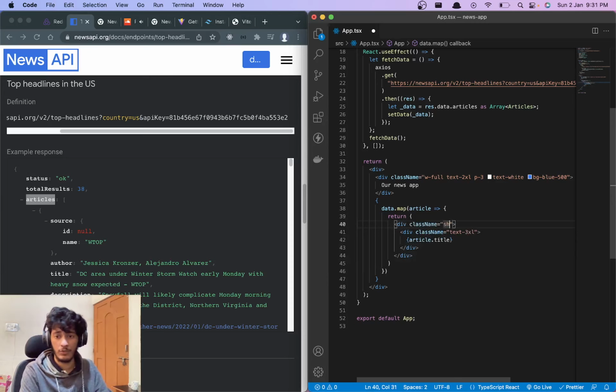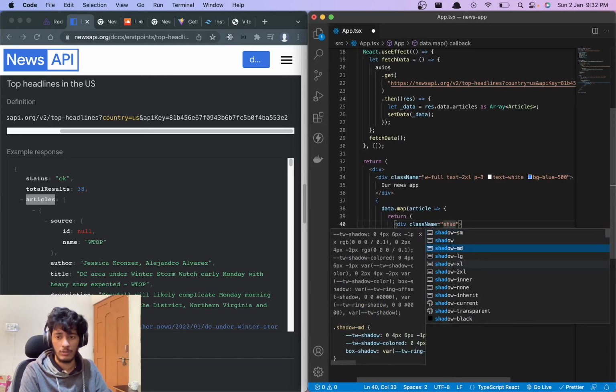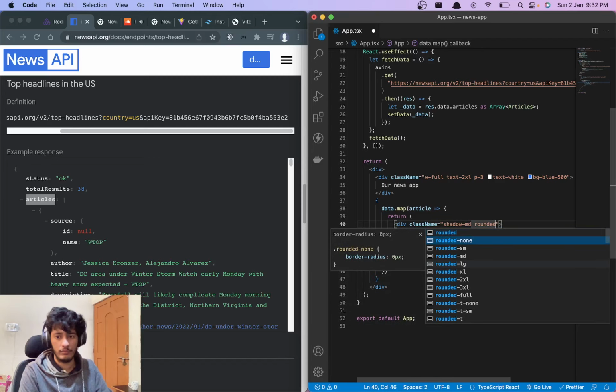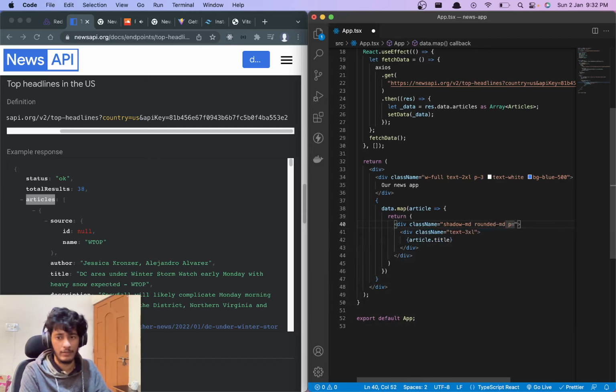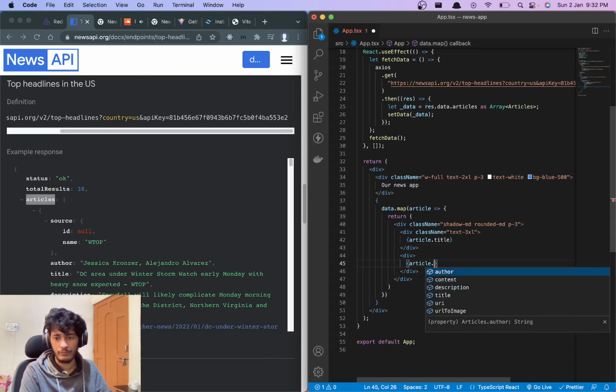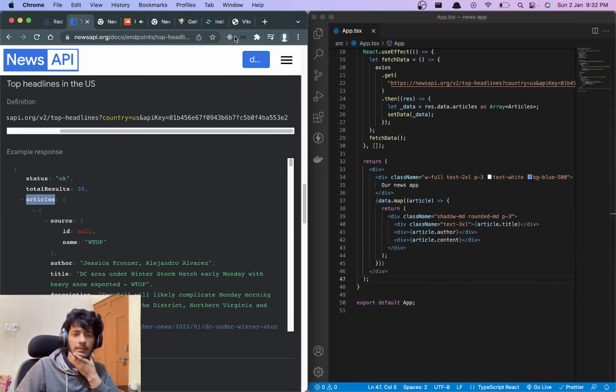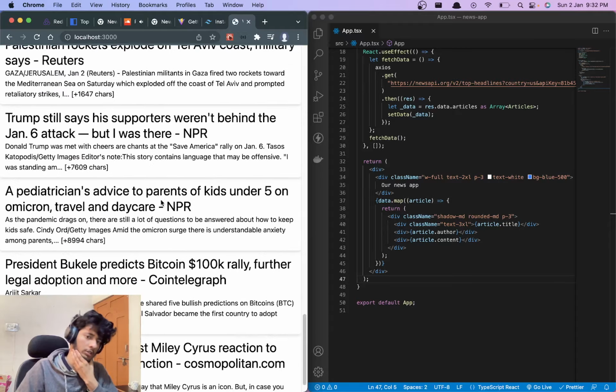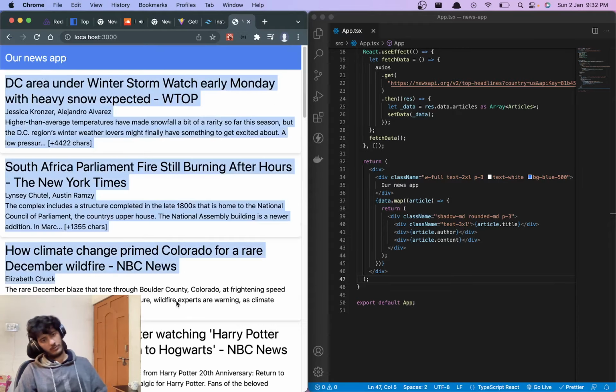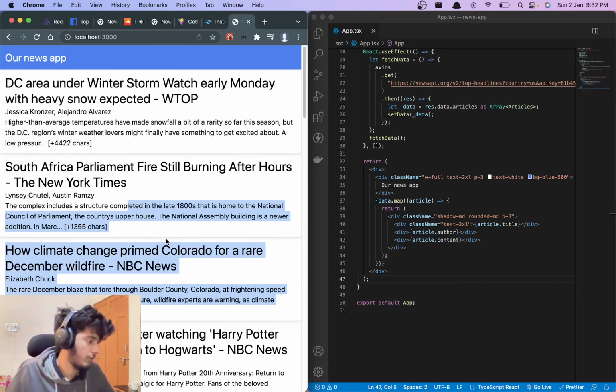We can put some shadows, so we can say shadow medium, rounded medium, some padding. We can have the main content over here, let's put author over here and content over here. If you do that, that should give me all the news articles. That's good, and that's what we were expecting.